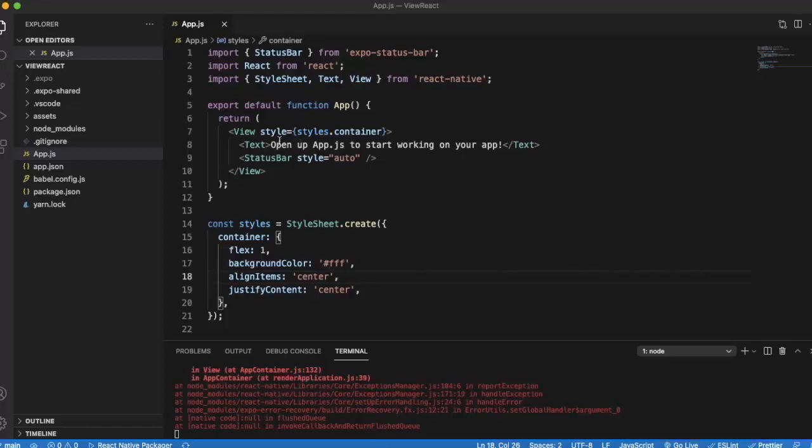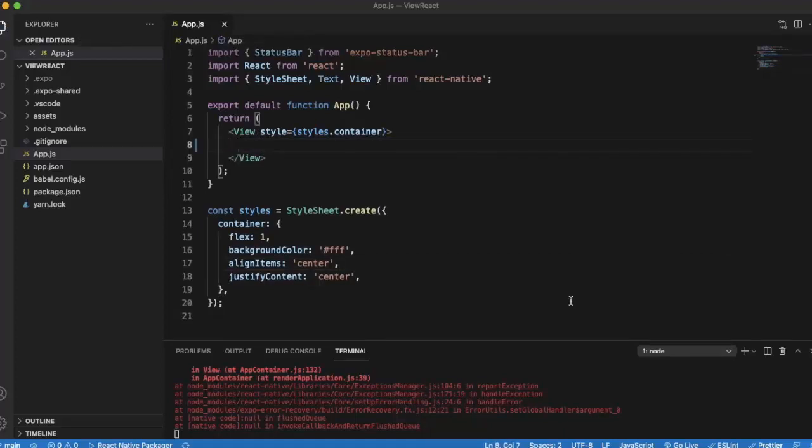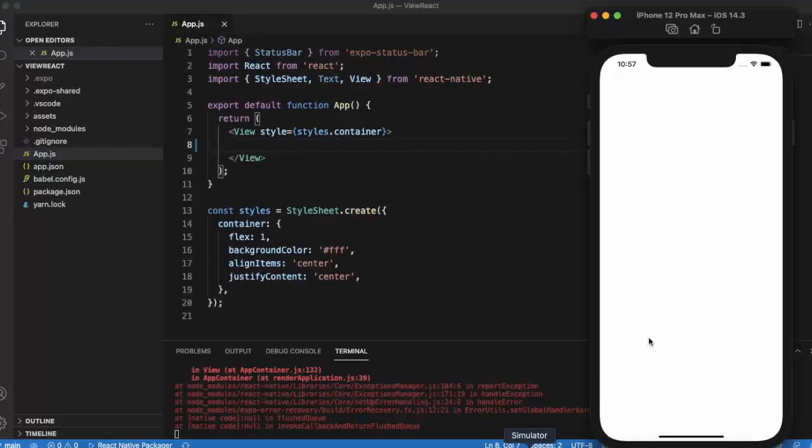Here our app is returning one view component. Let me just remove this, save. We can use this view component to basically create the look of our app, how our app will look like.